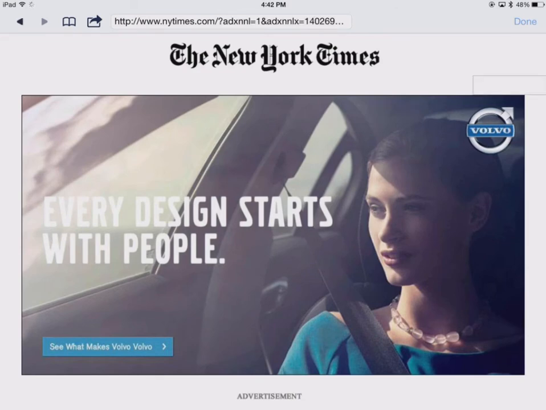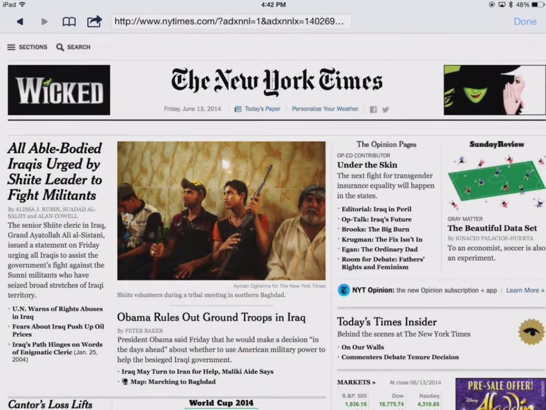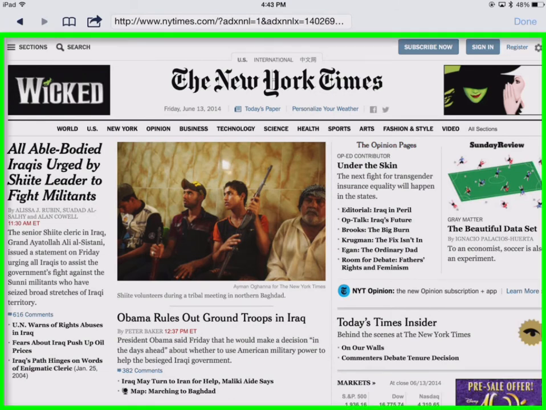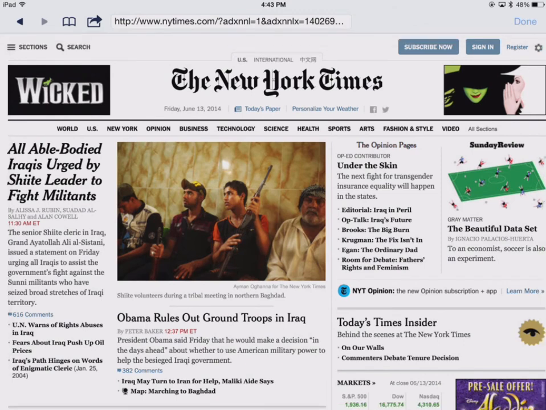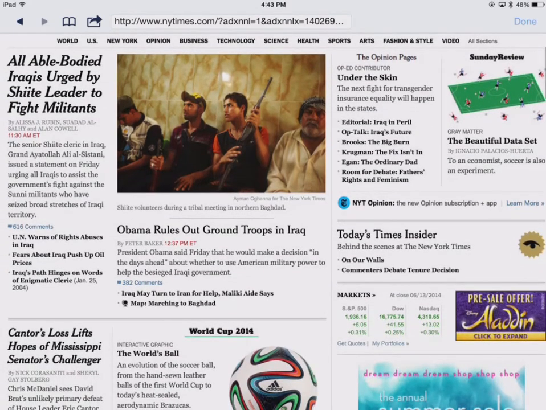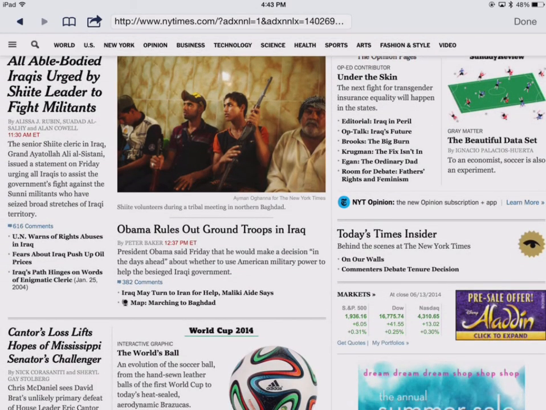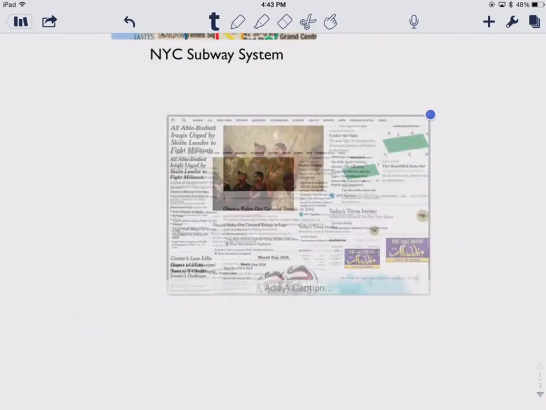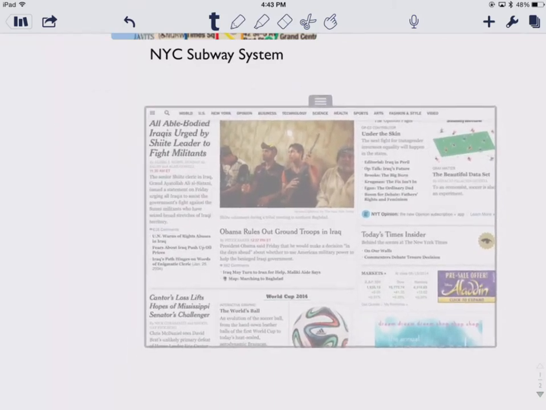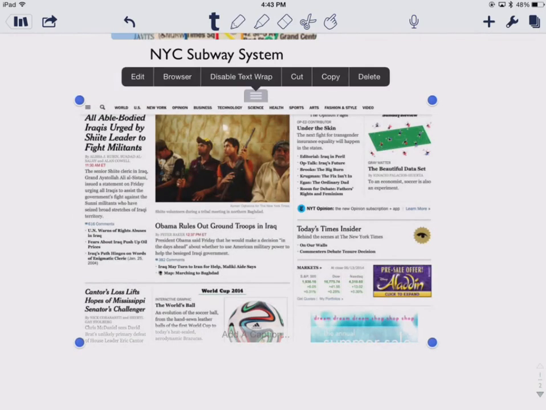And when you're on the web page that you would like, and now note, when you click done in the upper right hand corner, it's going to just take a snapshot of whatever you can see on the screen below the place where you put in the URL. So you want to make sure you don't have any ads and stuff there. So suppose I just want to go to right there, and I'm going to click done, and now I've got that exact image inside of my Notability file, and I can move it around and resize like before.